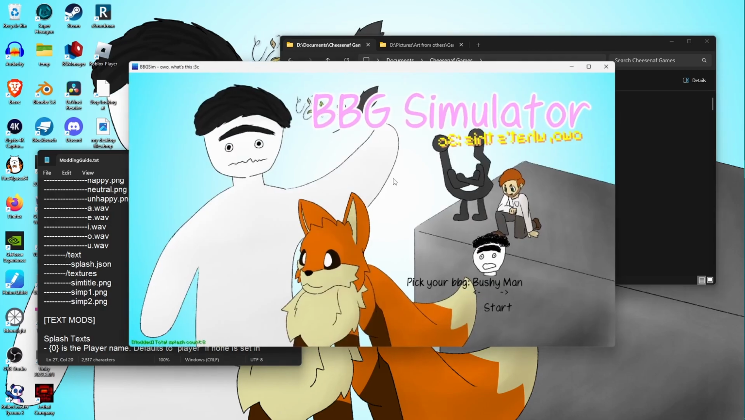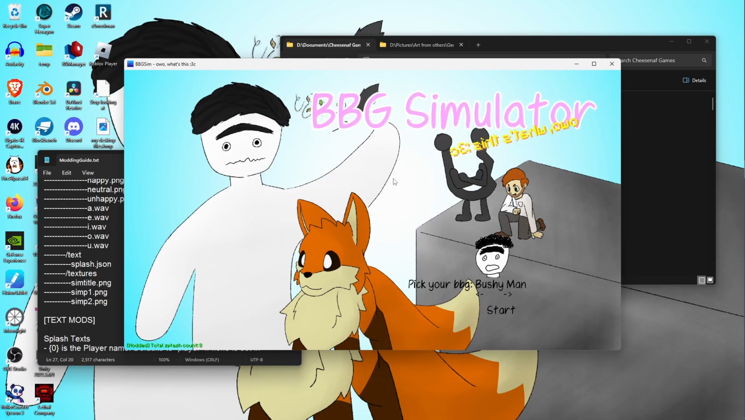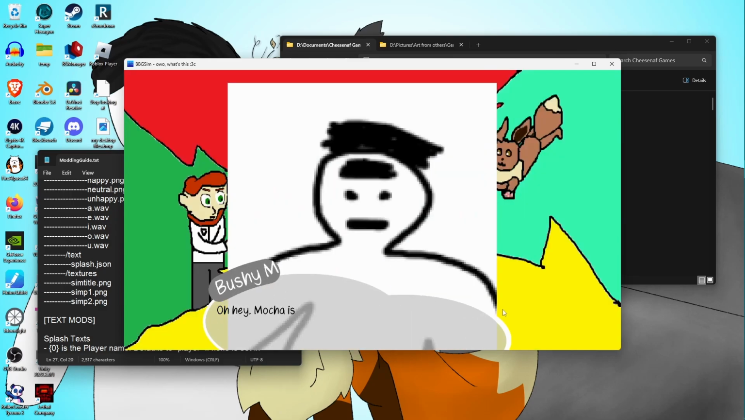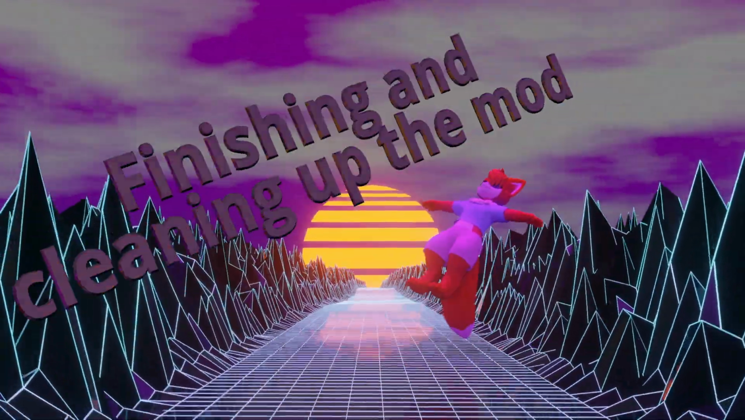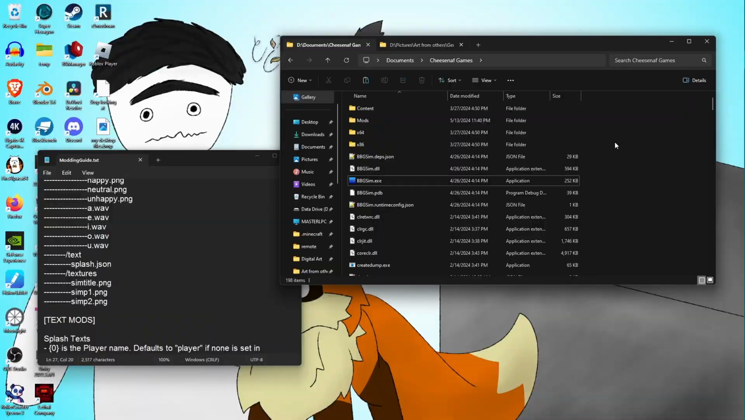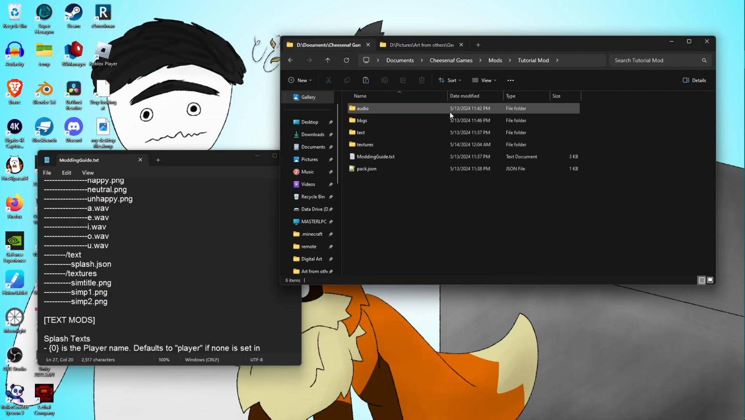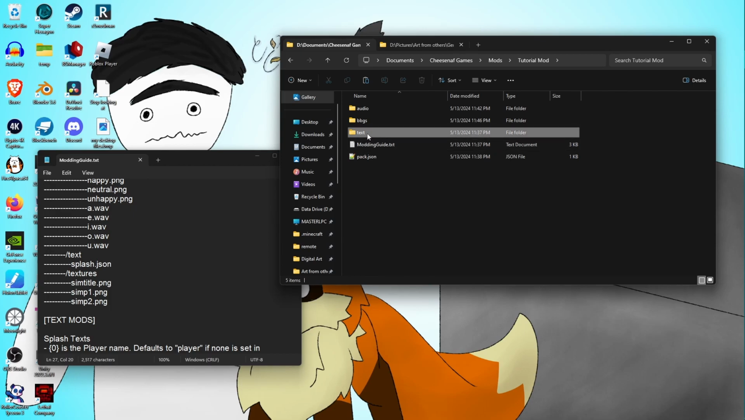That is, I think, all you can mod right now. It's very simple. And you don't even have to have everything here. Like, if I want to leave the textures out, you just delete the folder. If I want to leave the splash text out, if I just want BBGs,